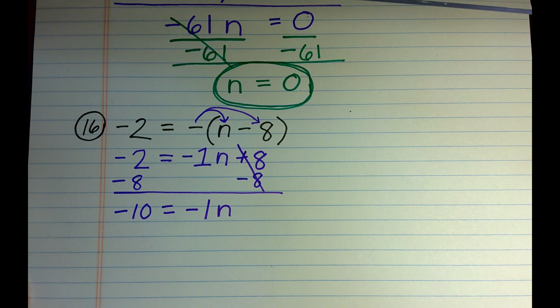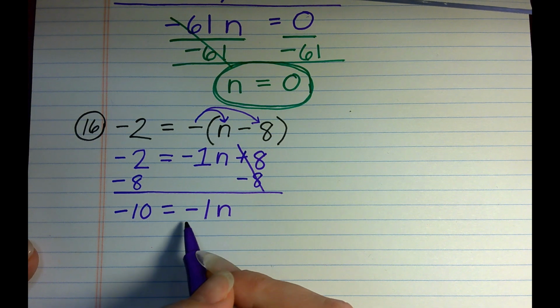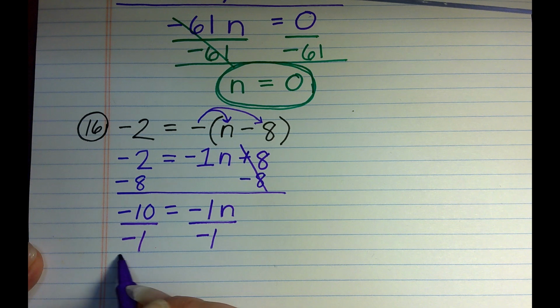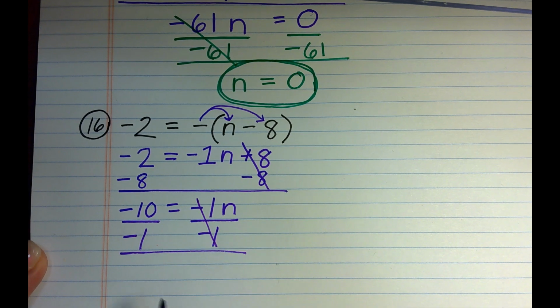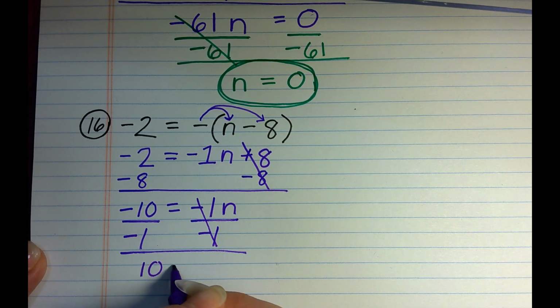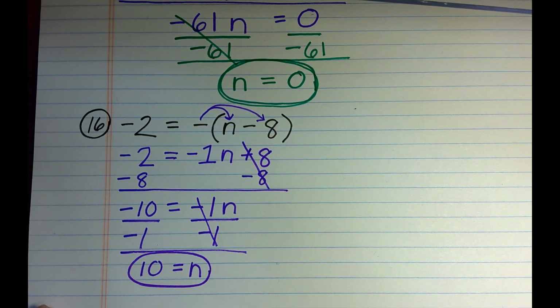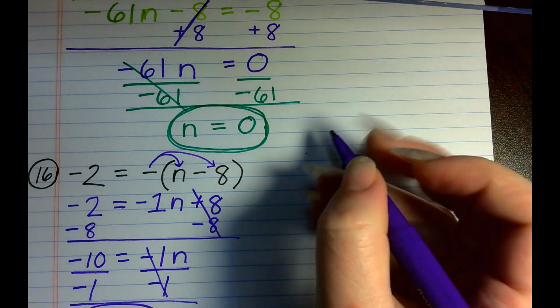One more step. Divide by negative 1. Good. And that is going to give us an answer of positive 10 for n. Now, if you decided just to write